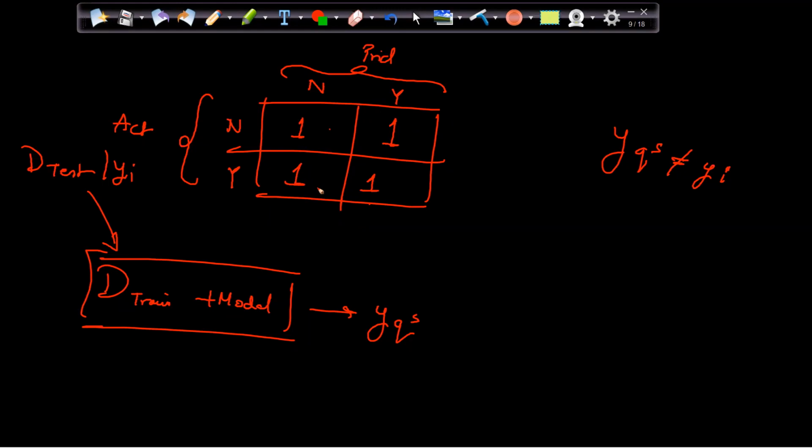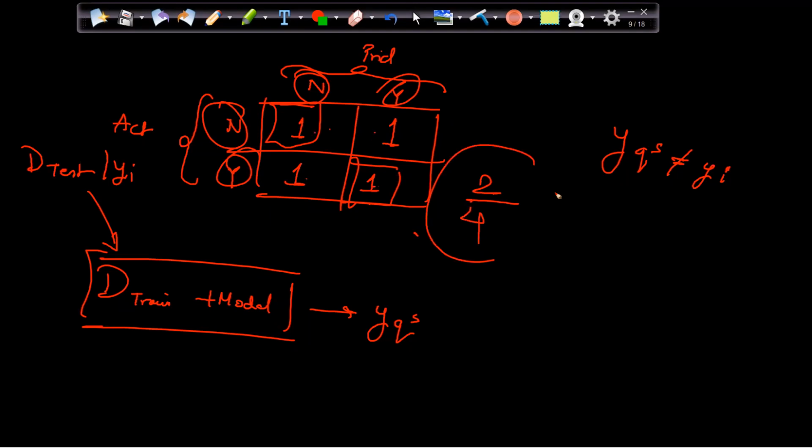Now out of that, how many are correct? No, no, that is 1. Yes, yes, that is 1. So 1 plus 1 is 2, out of 1, 2, 3, 4. That is 50% accuracy. So that is how we can create the confusion matrix.